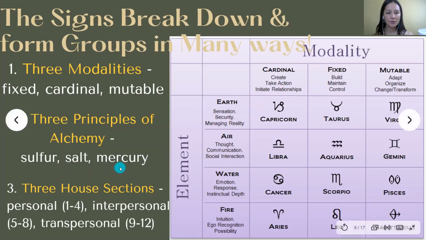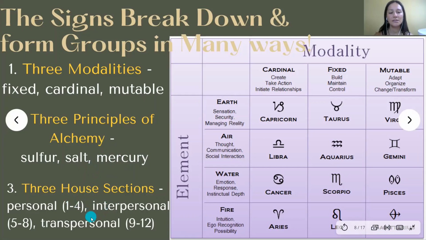Sulfur, salt, and Mercury relate with these three, and I'm not sure which one's which. I think cardinal is sulfur, salt is fixed, and mutable is Mercury, pretty sure. But you can learn about that in the Know Thyself podcast, and you can also look it up. And I don't think I'm going to go too much into the principles in the three class mini series, but it's just interesting to note that this is a very foundational part of alchemy, and it relates with astrology.